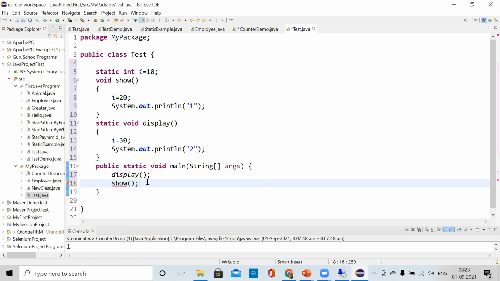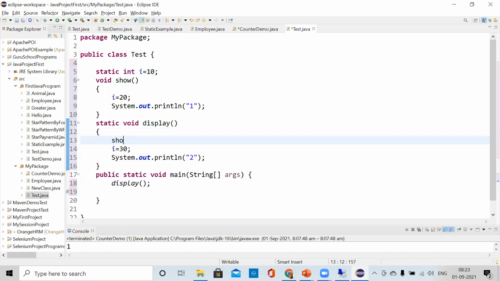Can I write the show method inside the display method? No, that also you cannot write. Only a static method can be called inside a static method.